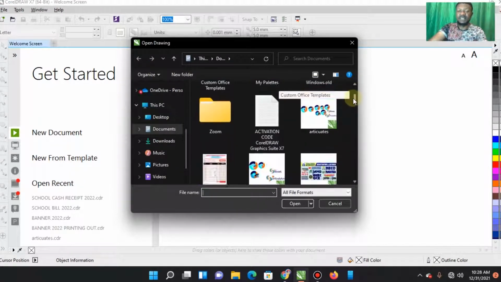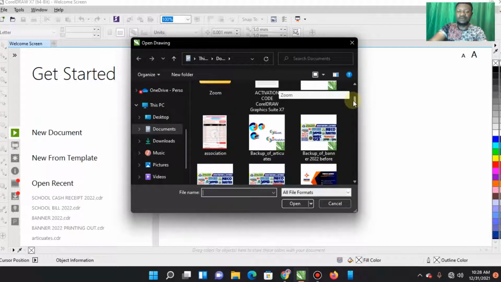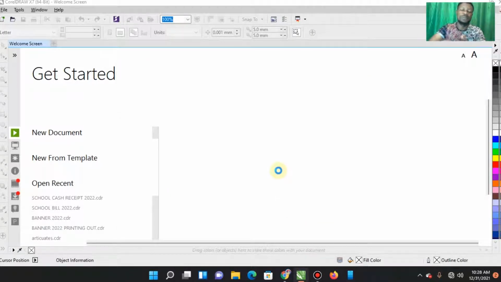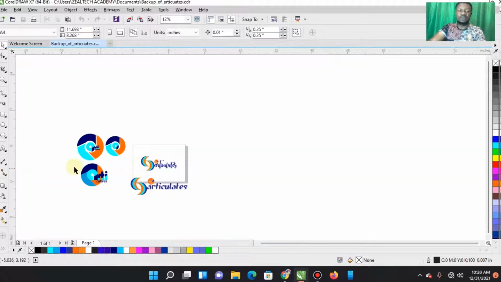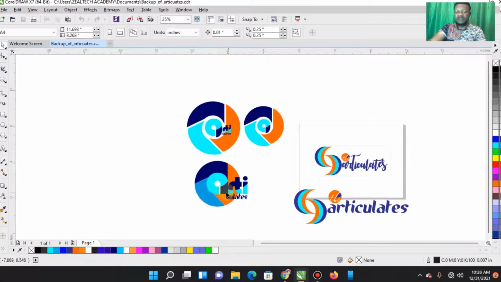So let's search around. Okay, I can see some logos that I've designed there. So now I'm going for this. Then I click on open. So as it's opening, now you can see these are the logos, some kind of logo construction that I've made for some clients. And this is one out of thousands.